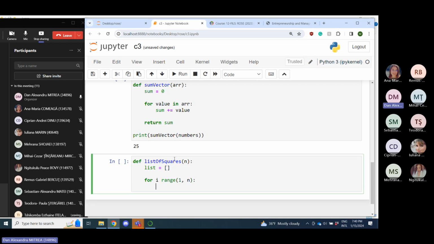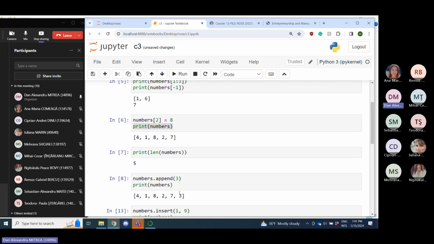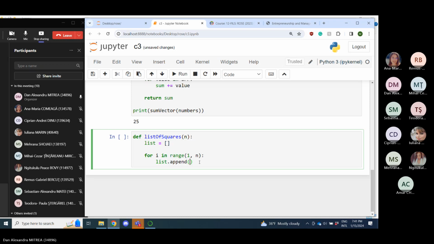That means I loop each number from 1 to n. It is the index. Let's use append to add a number. If you remember, I use append to add inside the list. And to raise a number to the power, you have